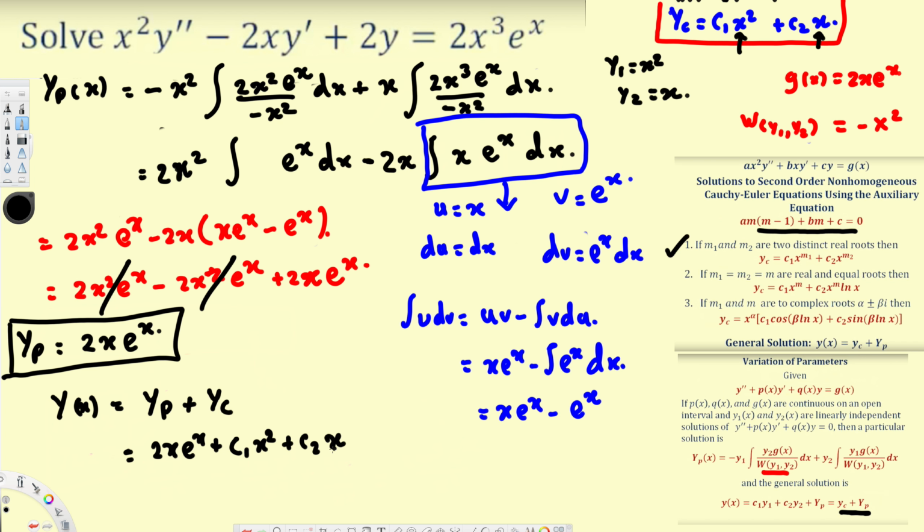So this is our general solution for this differential equation. Now let's arrange this one in a little better way, like we can put the constants in front, so c1x square plus c2x plus 2x e power x, and this is going to be the general solution for this